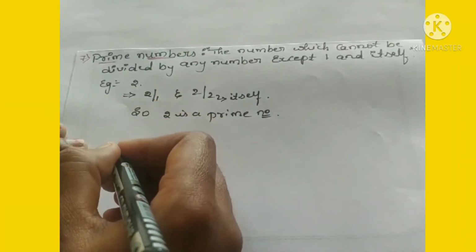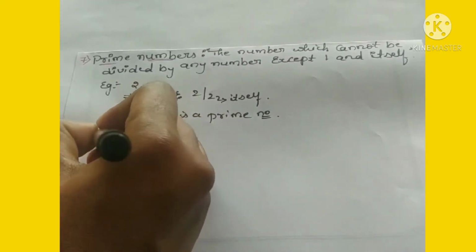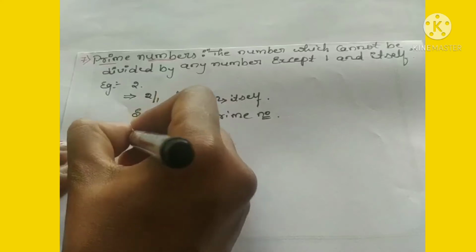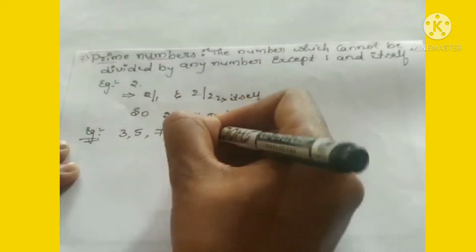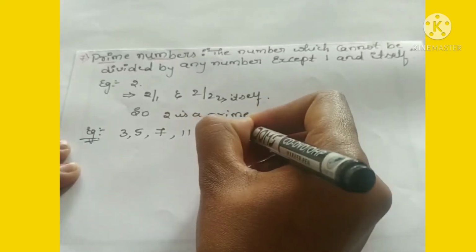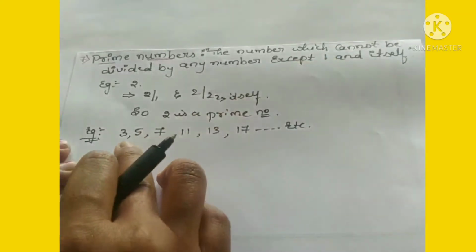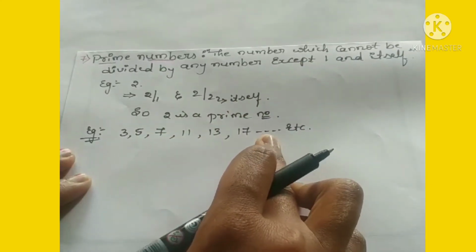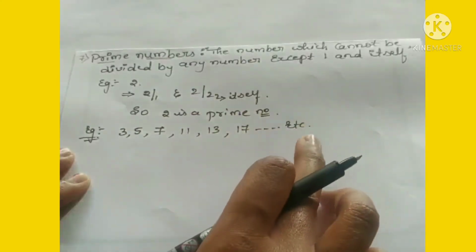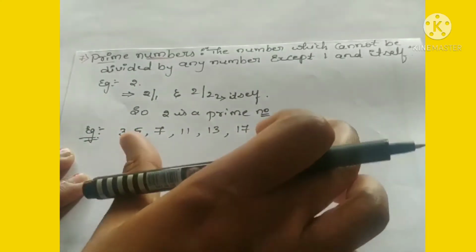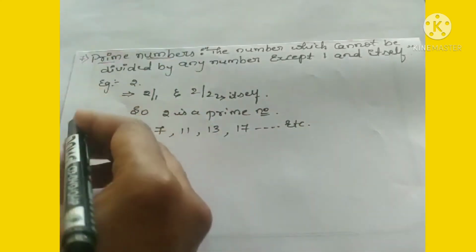Now I will give some more examples of prime numbers. Examples: 3, 5, 7, 11, 13, 17, etc. These are all prime numbers which cannot be divided by any number except 1 and itself. So these are the prime numbers. One more important point under prime numbers is